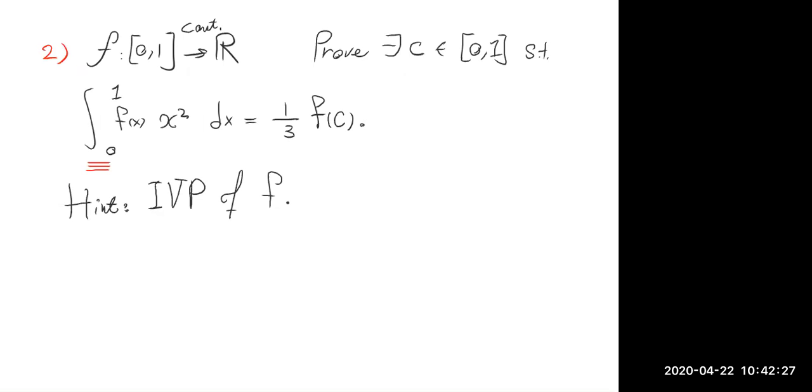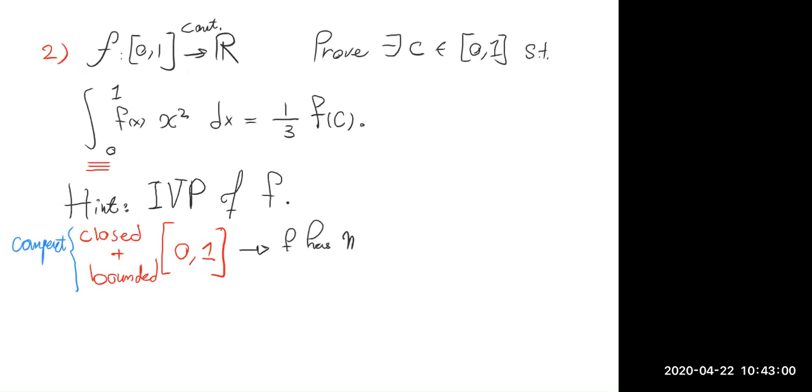Okay, one more hint. See, again, this interval 0 to 1, I keep on repeating that because it's very important. This interval is closed and bounded. Therefore, it's compact. And any continuous function on a compact set has max and min,